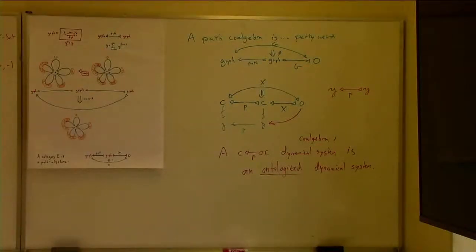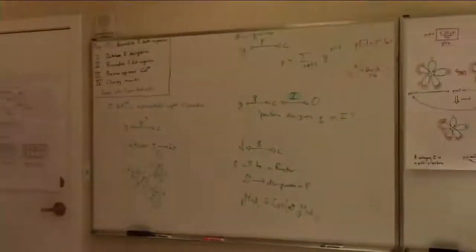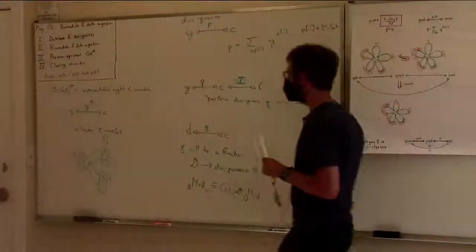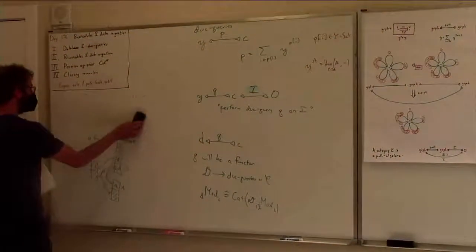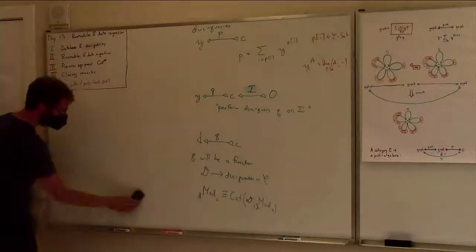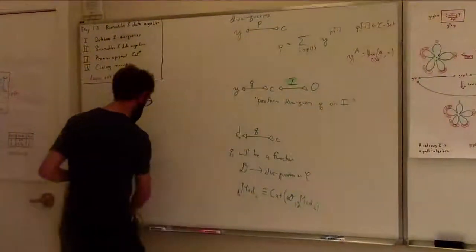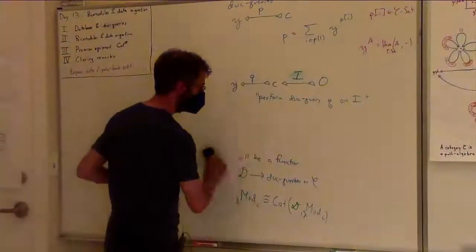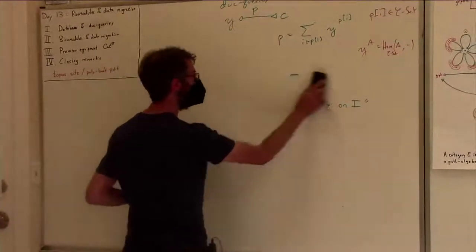So the last thing I was going to talk about is the pro-arrow equipment, cat sharp. And I think I spent more time trying to be concrete, and I think it was probably worthwhile. But I'll just quickly say something about the pro-arrow equipment. Pro-arrow equipment is also called a framed bicategory, and Mike Shulman's paper on framed bicategories is a really nice reference. And a framed bicategory, or pro-arrow equipment,